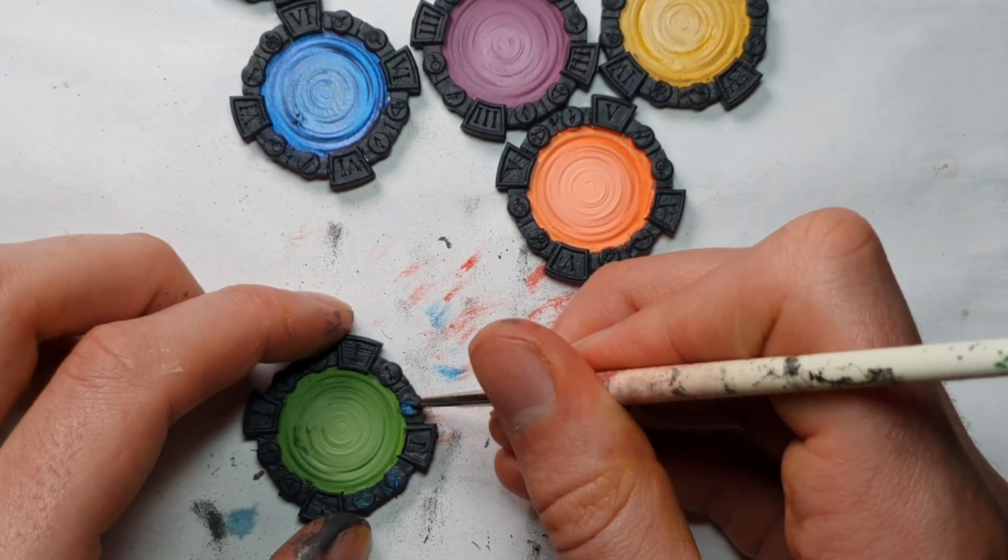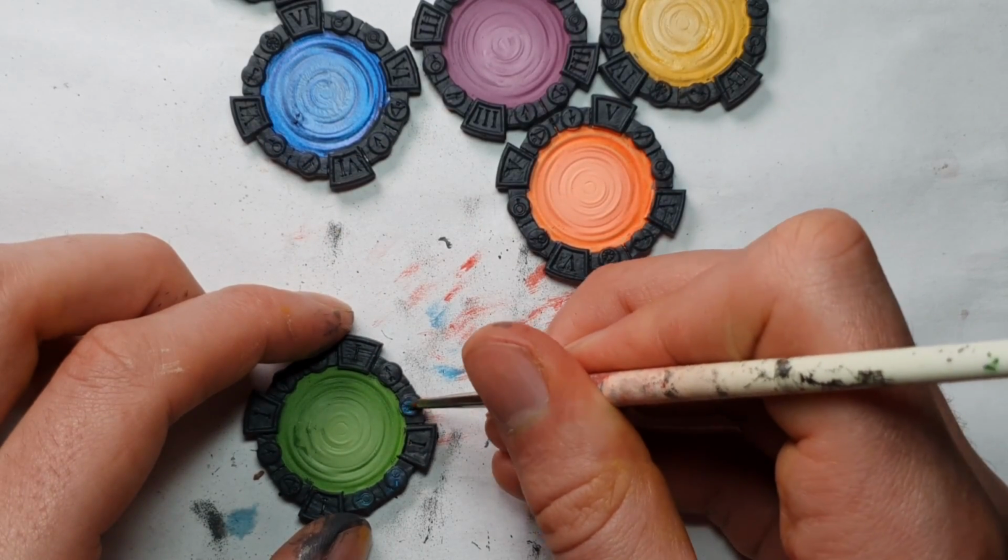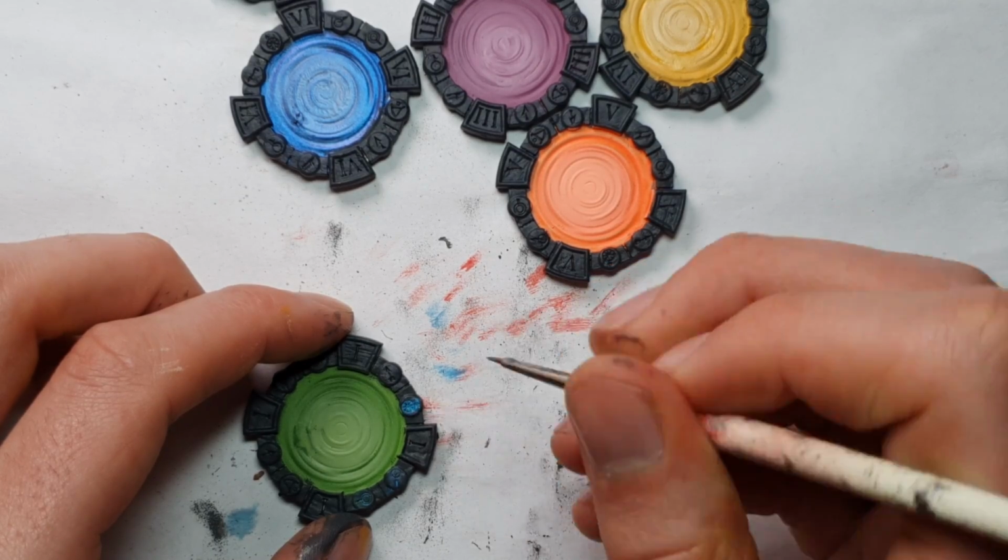To apply these details, get a loaded brush and apply it haphazardly all over the area where you want that paint to sit in the recess. Thinning down your paint can help a little bit here too. For the numerals, I just kind of slapped it on as I knew I was going to come back with Eshin Grey. For the little glyphs around the outside, I used my paint and did the same method, before then